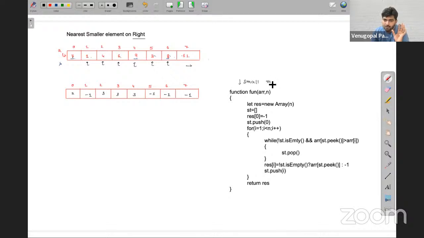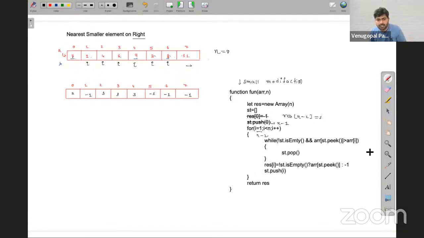You need to reverse that loop. Very good, very good. One student told that just reverse that loop, story was over. Rather than resultant of 0, if n is equal to 8, rather than resultant of 0, you need to write res of n minus 1 is equal to minus 1, and inside that, you can keep n minus 1 and you start loop from n minus 2. Simple. And reverse loop as it is. No need to change anything.